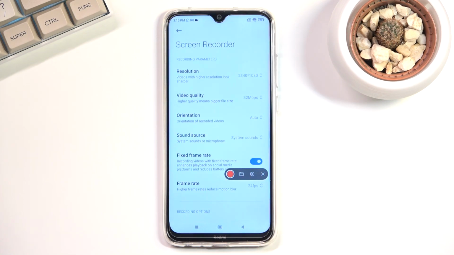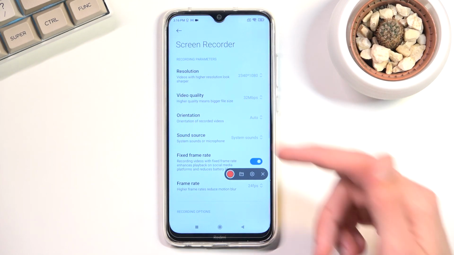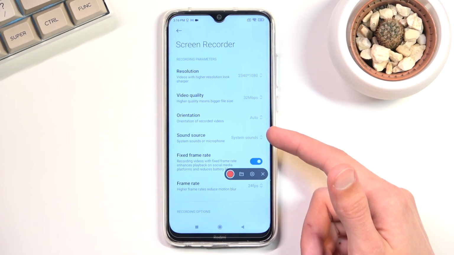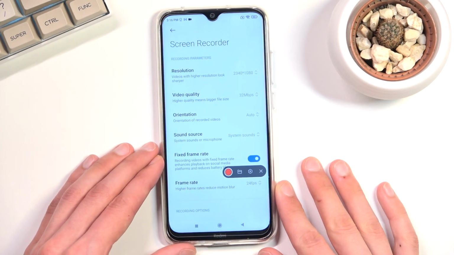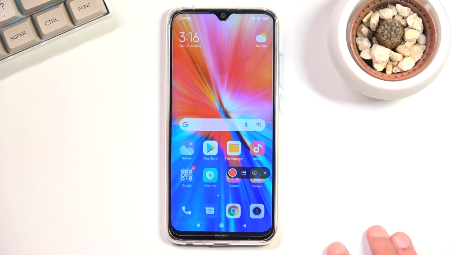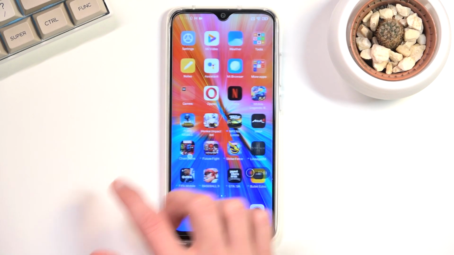Now you can go into the settings because in here you can actually customize how it will be recording the videos. So we have resolutions, video qualities, orientation, sound source, frame rates, and so on. So I do recommend you to go over these settings, customize them to your liking, and from there you can close this. Once you have customized the settings, click on the circle to start recording, and whatever you will do